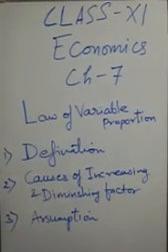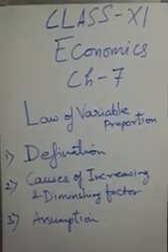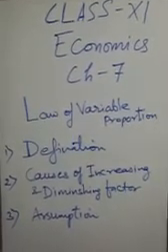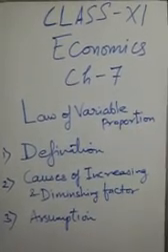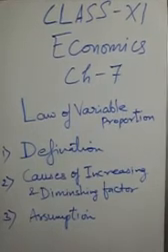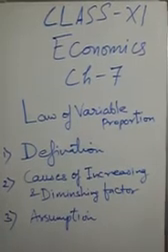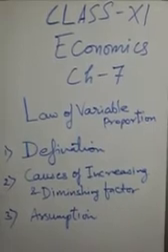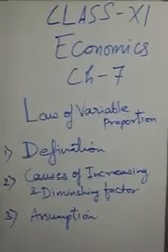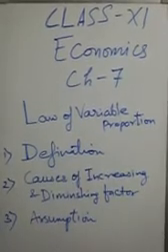So students, the next point we are going to discuss is the causes of increasing return and diminishing return of a factor. Moving to the increasing return of a factor, first, there is fuller utilization of the fixed factor. In the initial stage, fixed factors remain underutilized. Its fuller utilization calls for greater application of the variable factor. Second, division of labor and increase in efficiency. Additional application of the variable factor enables process-based division of labor.